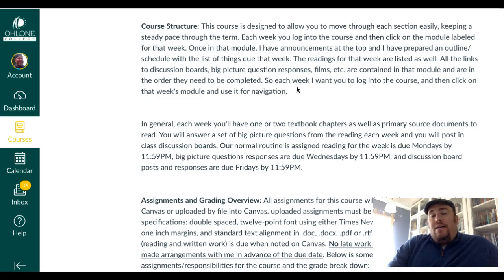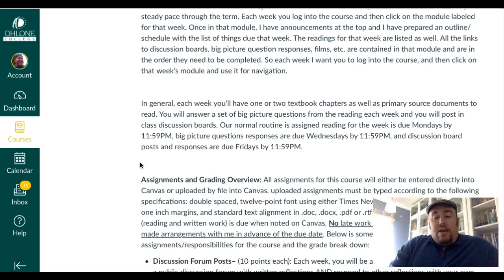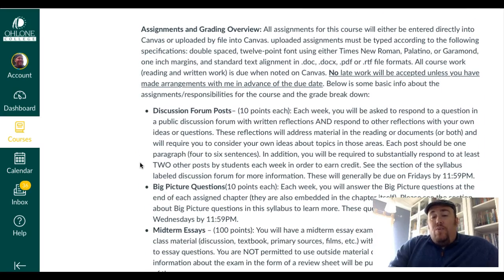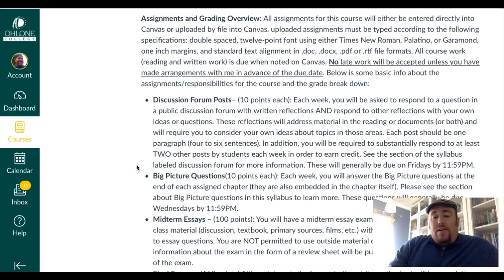We'll talk about that. Then you'll have discussion board posts, and those are due on Fridays. Each of these due dates is by midnight, so you have all the way up until midnight to finish them, and then we move on to the next module. And that's explained right here, in narrative form. This is also explained in more detail as we go through the syllabus, and it talks a little bit about the different areas of grading.